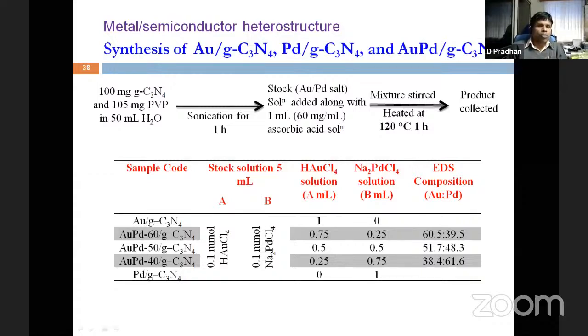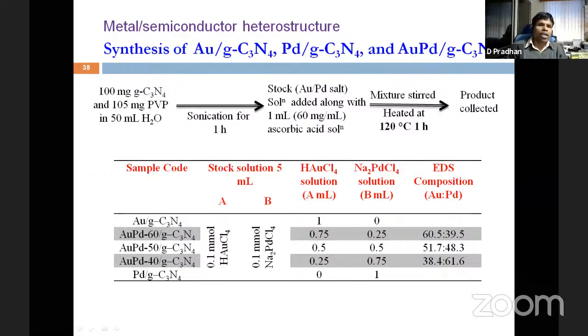This is new material. Students are interested to work on it, and they work on it. Sometimes you say it or not, they would like to do it. I say, okay, go ahead. So they have prepared g-C3N4, which is a type of composite, and they put different types of this noble metal